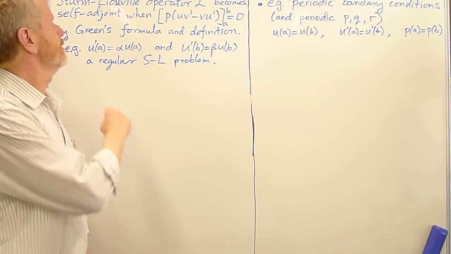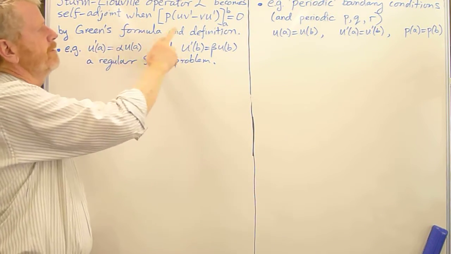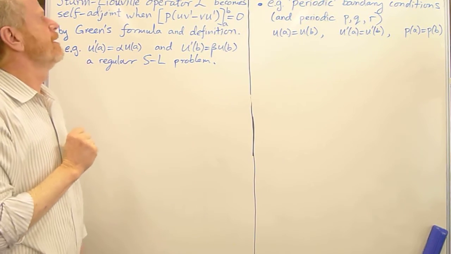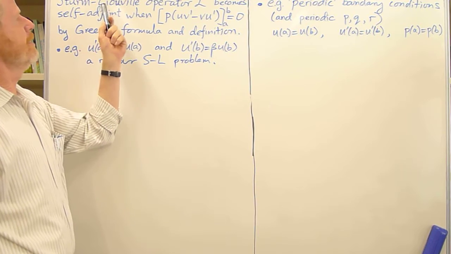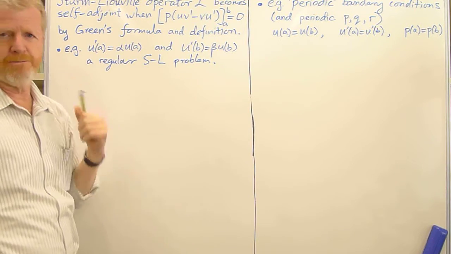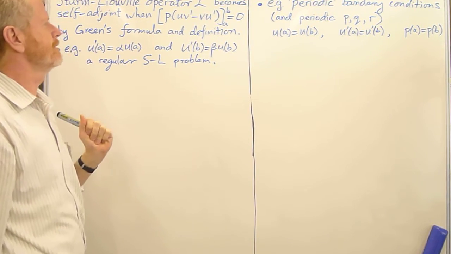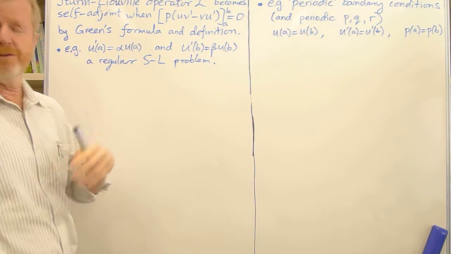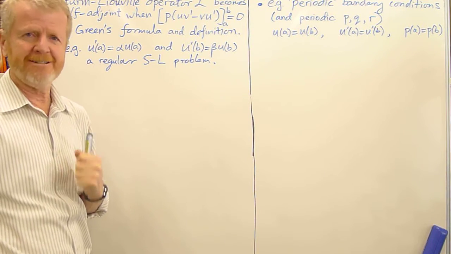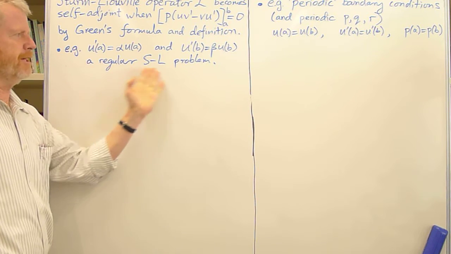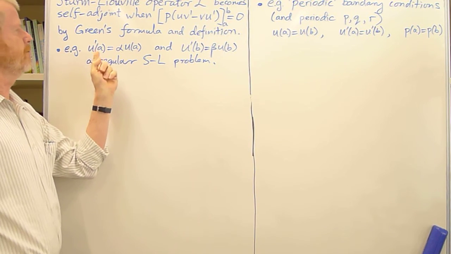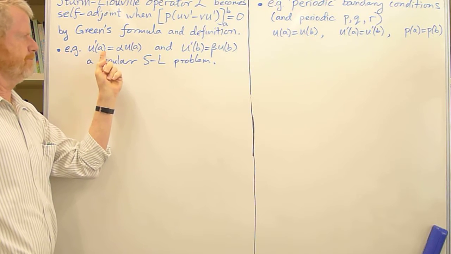Having defined what we mean by a self-adjoint operator, let's see how Green's formula assures us that the operator appearing in Sturm Liouville differential equations is a self-adjoint operator. Alright, now the first example comes from a regular Sturm Liouville problem, where we look at the boundary conditions,